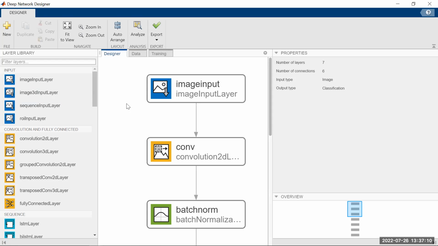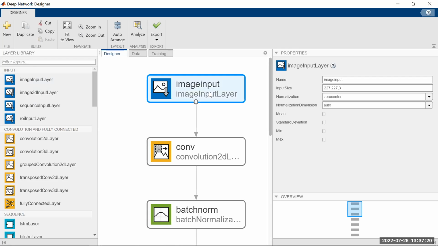Okay, first of all, we use the widget input. As we can see here, image input layer, and the properties, let it be just like this, don't change anything. After that, we insert the